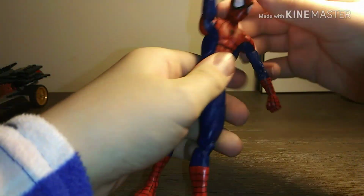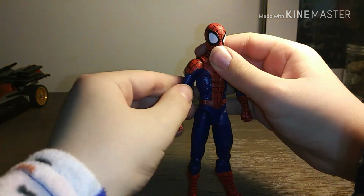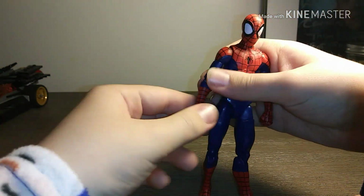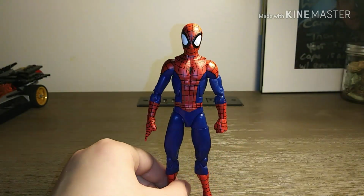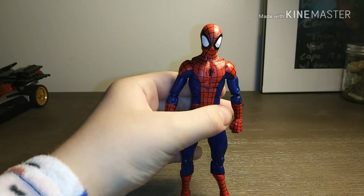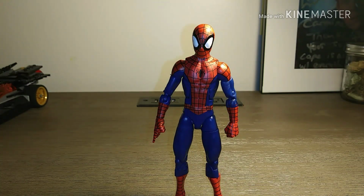I really appreciate the attention to detail and the great amount of articulation in this figure. It's really, really nice to have such an amazing Spider-Man figure in my, I don't want to say collection, but my little action figure collection. But,